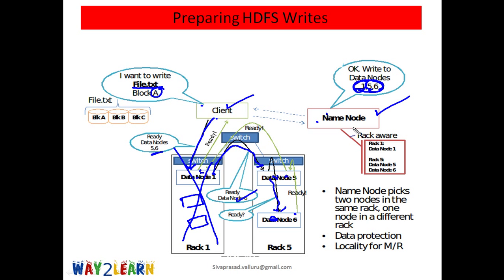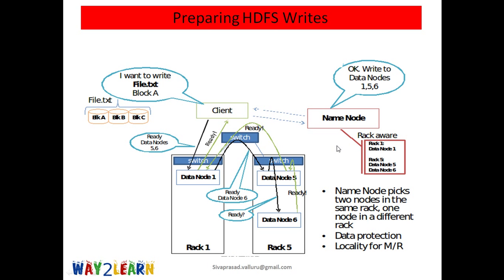Then the NameNode will select data nodes belonging to different racks. Okay, that's how the NameNode will decide which data nodes to write to. Okay, now you understood